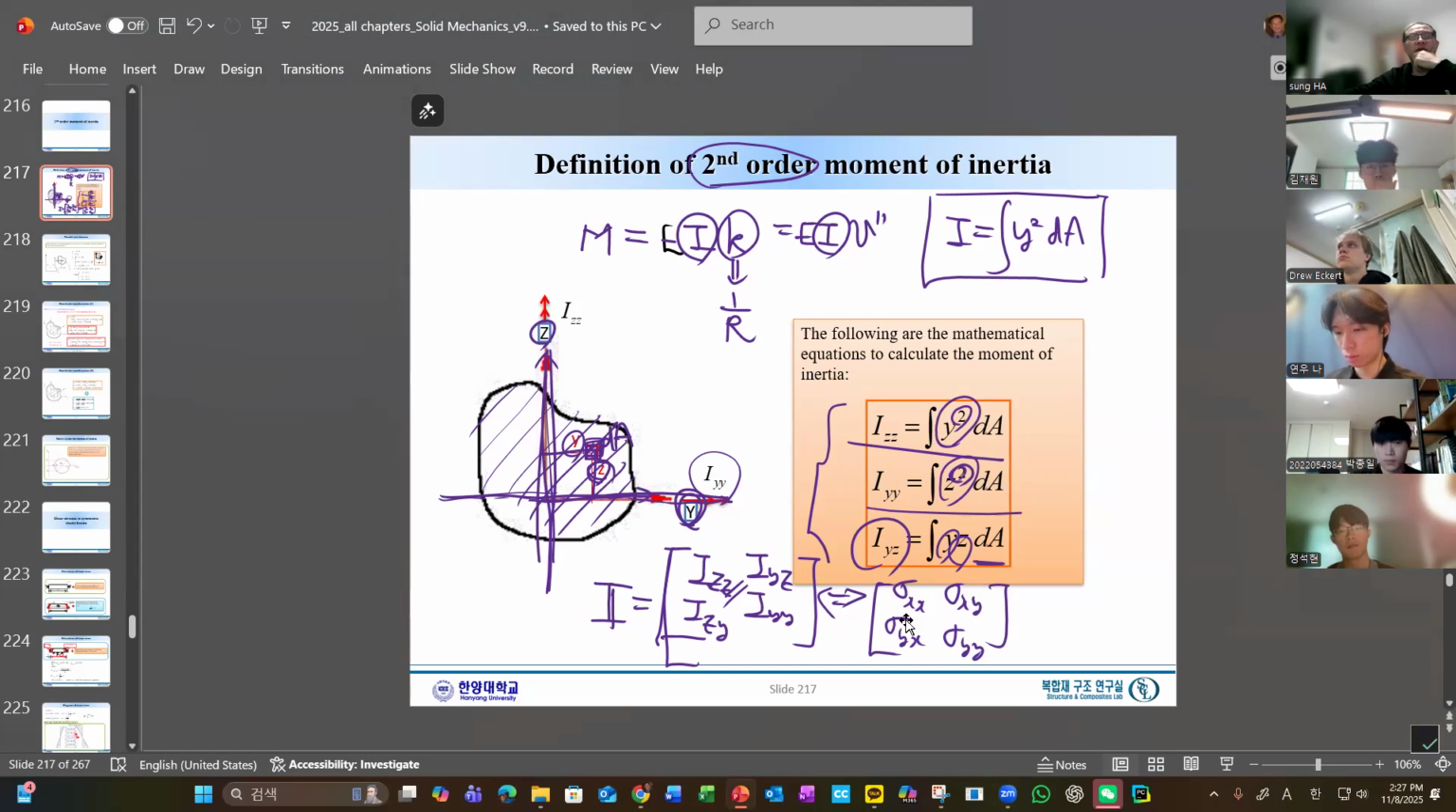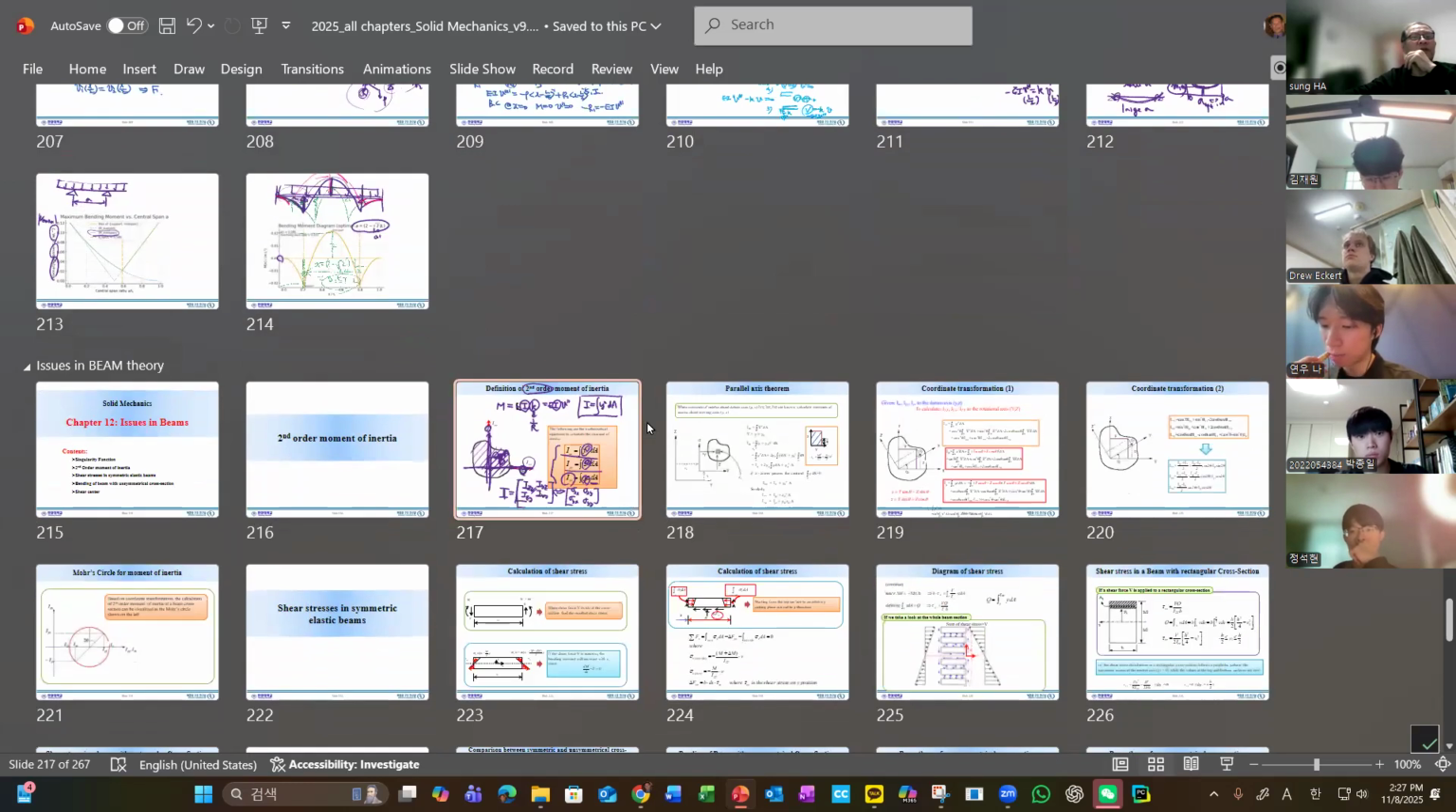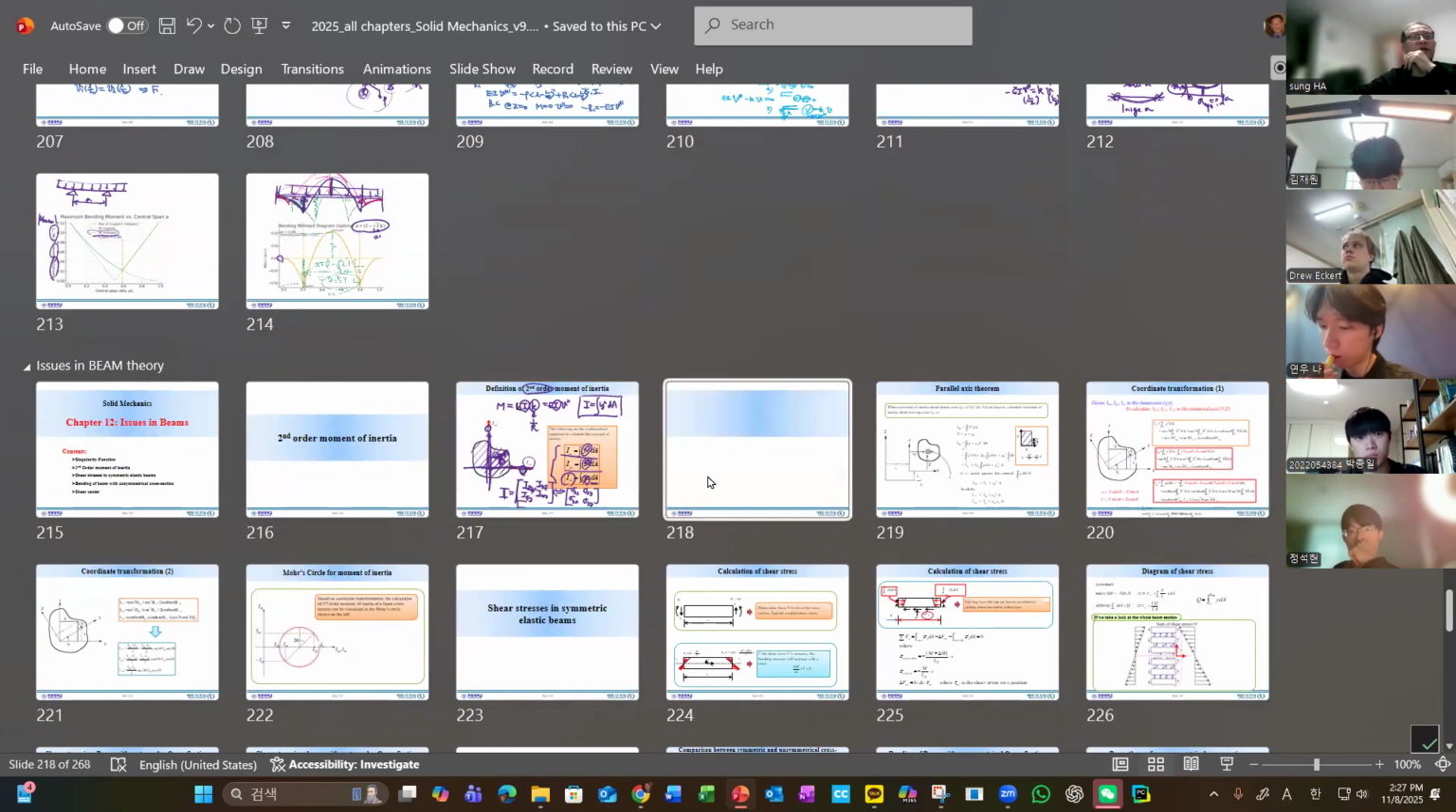This is the definition of a moment of inertia. Again, it's just a mathematical expression and definition, but it has a very important physical meaning. For the cross-sectional property, we can define many different ways of the,